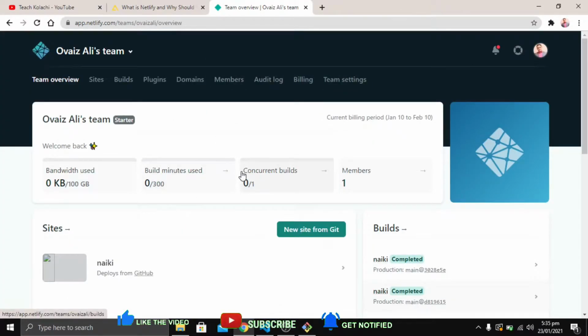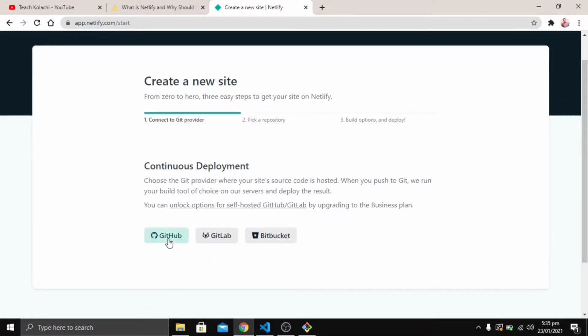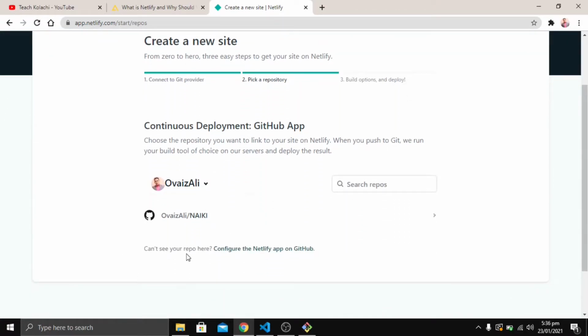I am on the website app.netlify.com, and what I've done over here is I have logged into my account. So here I am going to the option New site from Git. Then I am using GitHub for continuous deployment and continuous integration with Netlify. So it finds my account over here with my name and asks me to search the repo which I want to host on Netlify. I would enter Teach Kolachi